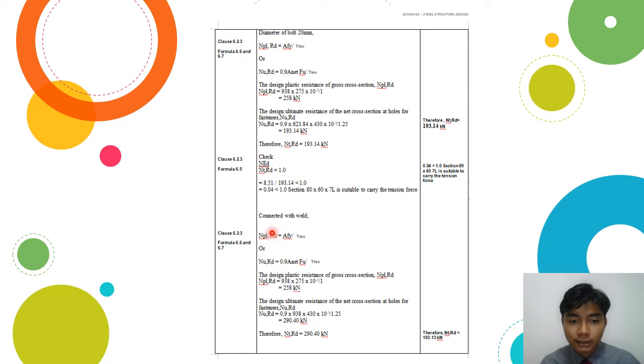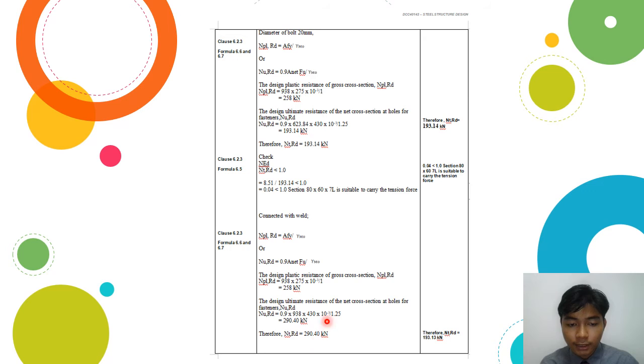So after that, the connection with weld. We got it from clause 6.2.3, same as the previous one. The design plastic resistance is the same. So the design ultimate resistance of the net cross section at holes for fasteners, NuRd, is the same as I talked about, and the NtRd is